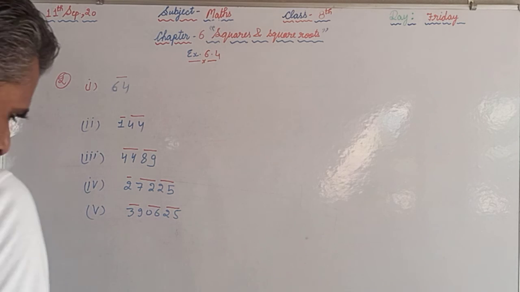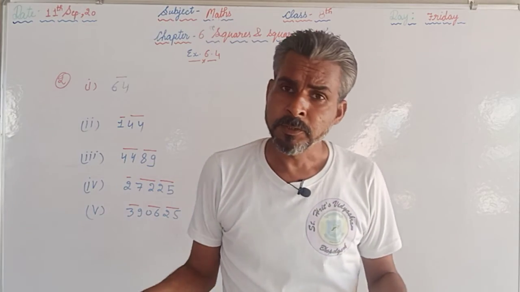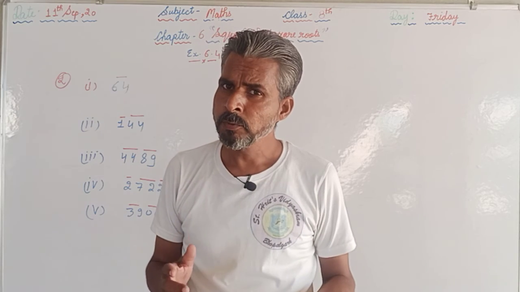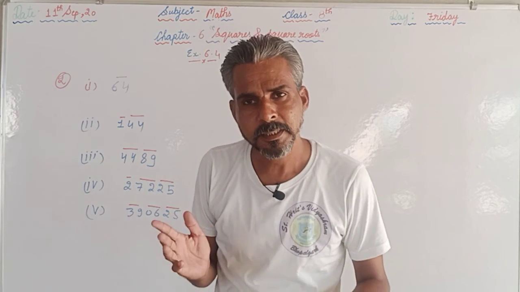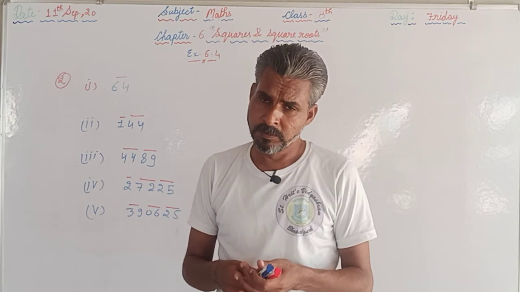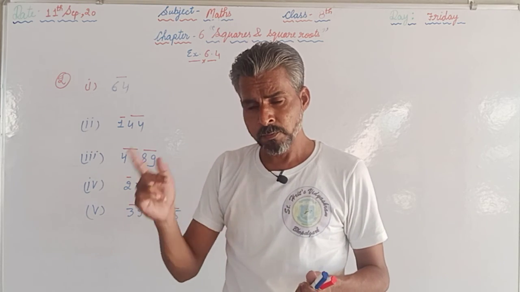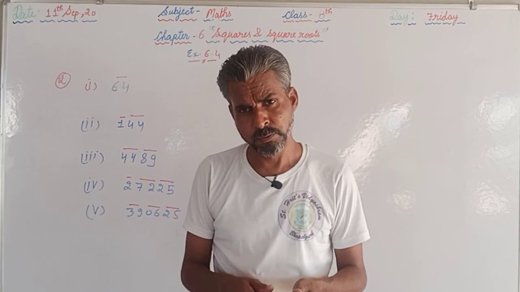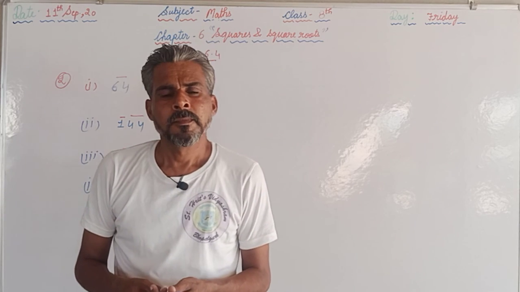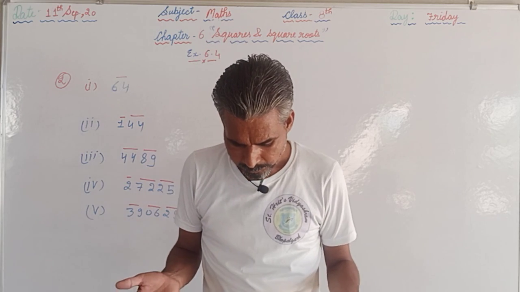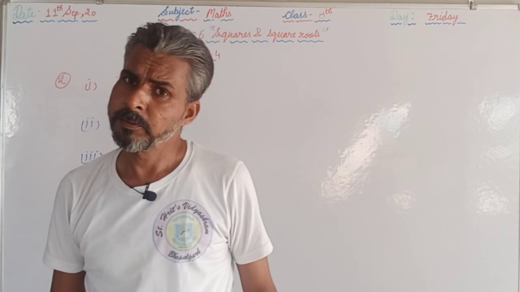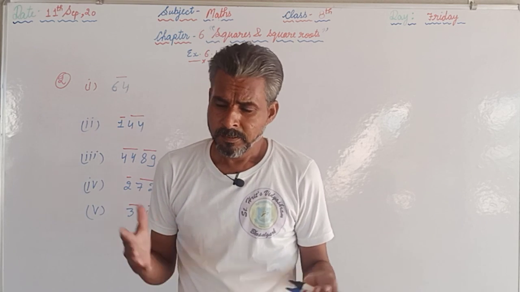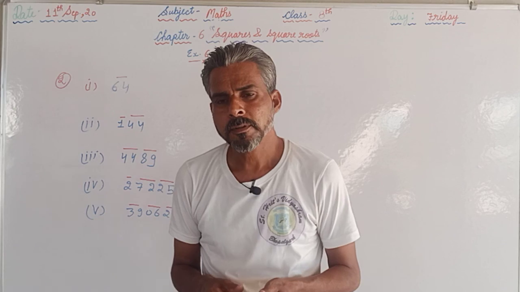I hope that you have understood how to find the square root of a given number using the division method. What you have to do is repeat the questions which we have discussed here. At the same time you are supposed to try the remaining parts of question number 1, and after completing the questions you take a picture of it and upload it on the school's WhatsApp number. If you are facing any kind of problem or doubt, you can message us or even call us. We will try to rectify your doubt so that you can easily proceed with the questions given in your textbook.